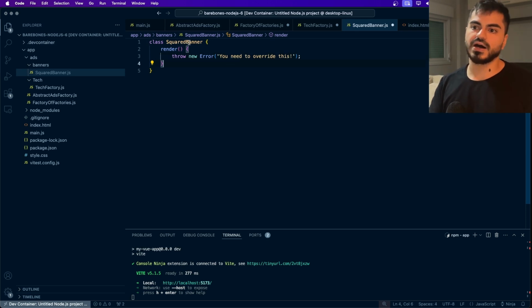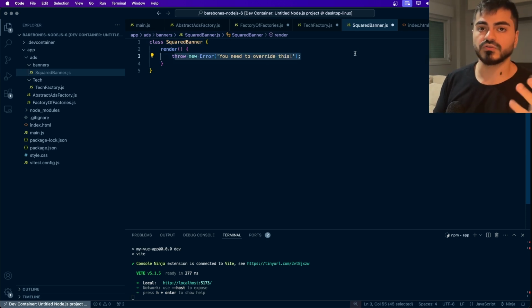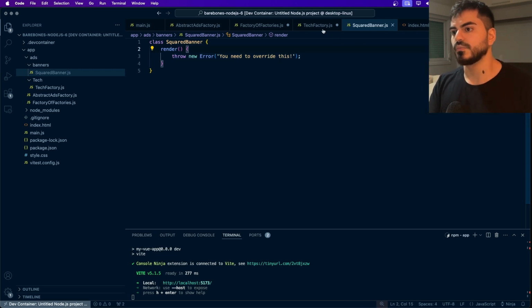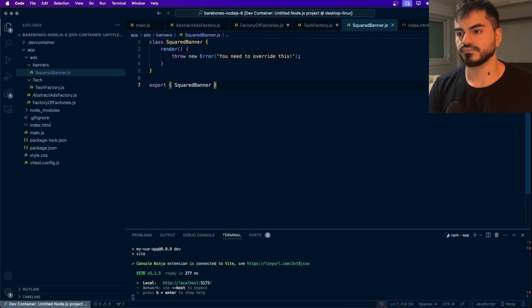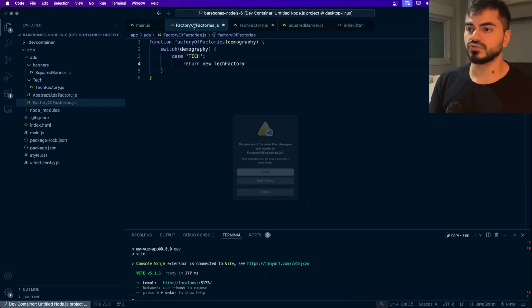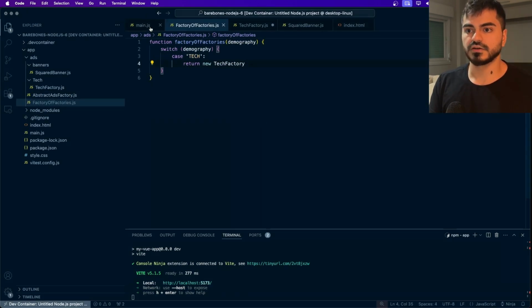So for example, I create a squared banner here and I need to throw an error saying the user that they cannot instantiate the squared banner. So basically we have the squared banner here, right? And also let's export this squared banner. And after exporting it, we need to create a